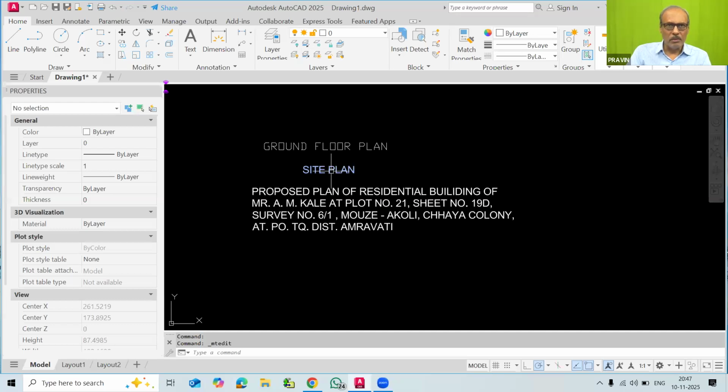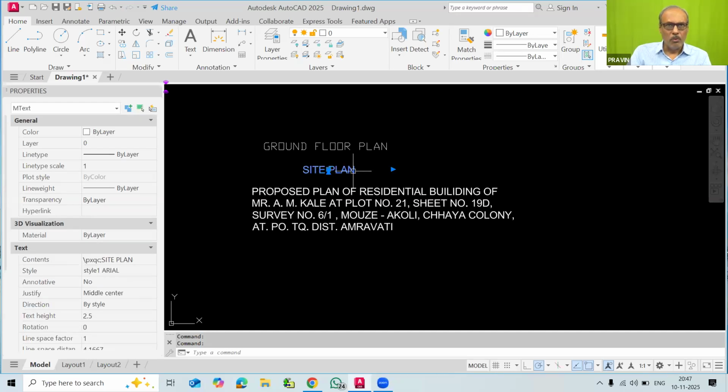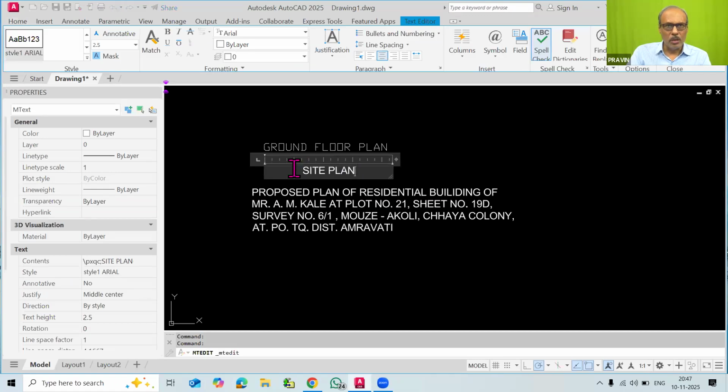Whatever the minimum size of the text I have to take, the height of this should be a minimum. So we have to change the height here. You can change it here also. Instead of 2.5, we have to take 300 and press enter.